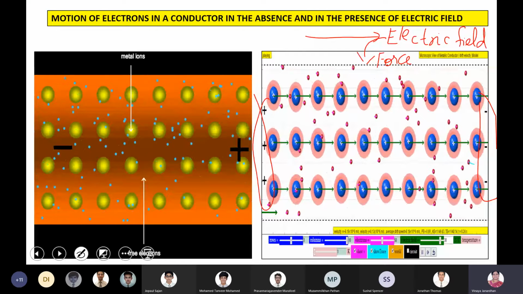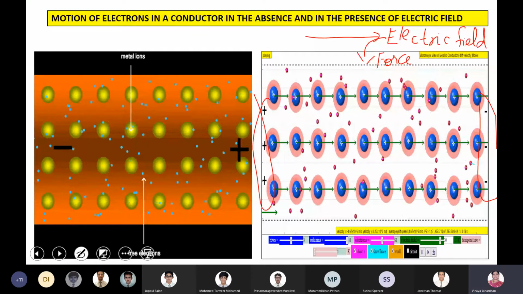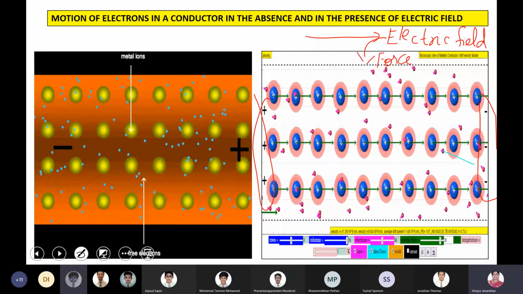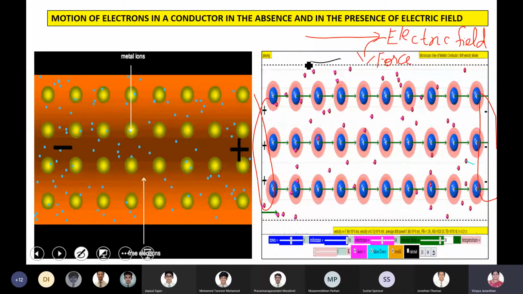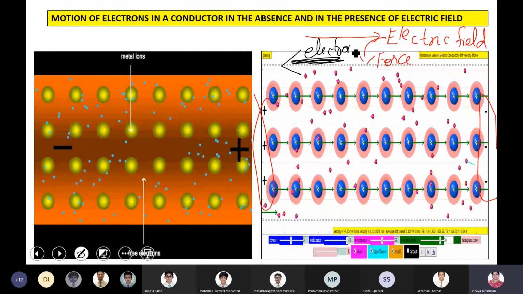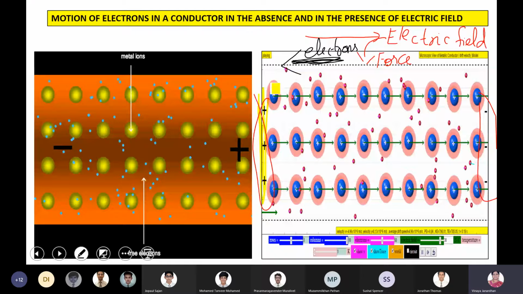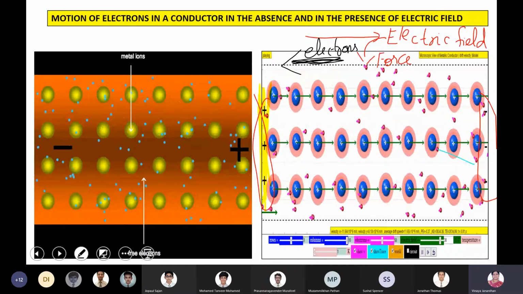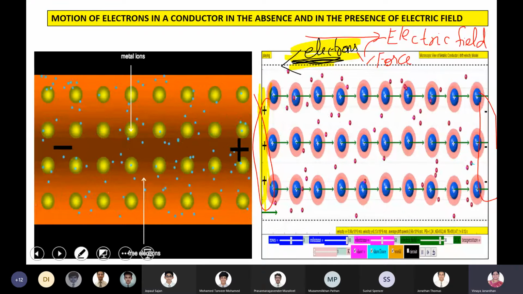Now, can you tell me what will be the direction of the motion of the electrons? How are the electrons moving? Boys, can someone tell me how the electrons are moving? Okay, it's in a direction opposite to the direction of the electric field. Why? Because it's electrons. Electrons always try to move towards the positive electrode. Because this is your positive electrode. This end of the wire is connected to the positive terminal. Correct? So that end becomes positive compared to the other end. So all your electrons will move towards the positive end of the conductor.